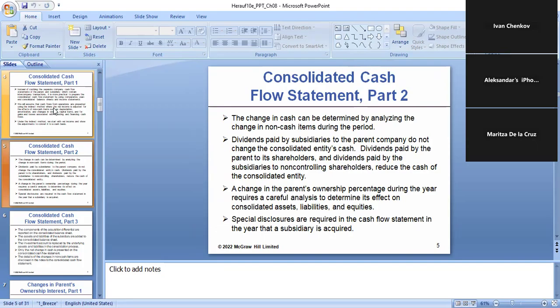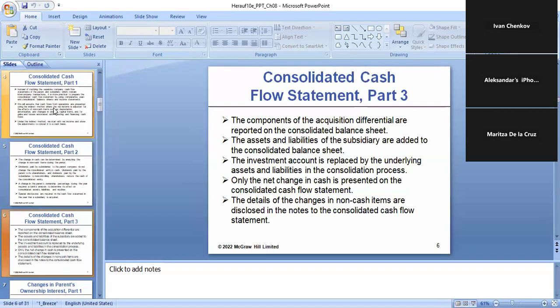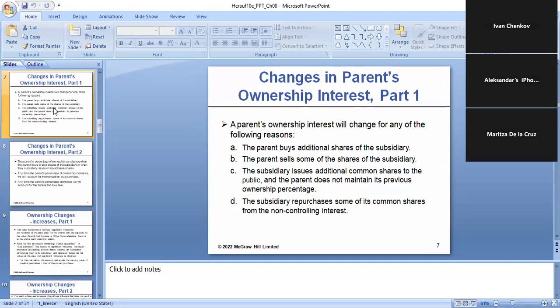So again, if we're using the indirect method, first we're going to eliminate the non-cash items, and after that, we're going to go through the changes in the owner's capital, and that will be the cash flow statement. That's all I want you to know about the cash flow statement. So we're not consolidating the two cash flow statements. We just consolidated the income statement and the balance sheet, and from the income statement and balance sheet, we're preparing the consolidated cash flow statement. On the statement of the ownership,